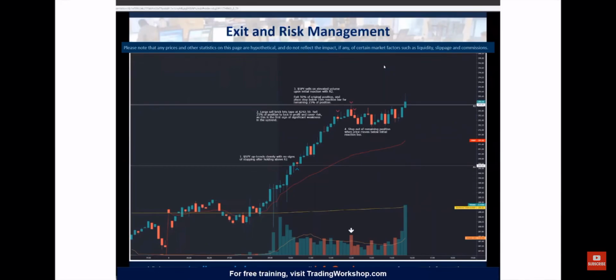Then SPY made its way to my 293.05 R2 level, and that selling continued and increased in magnitude once we got to that level. So I took off 50% of my original position upon that reaction with R2, and I placed my stop for the remaining position below that consolidation under R2. And shortly after